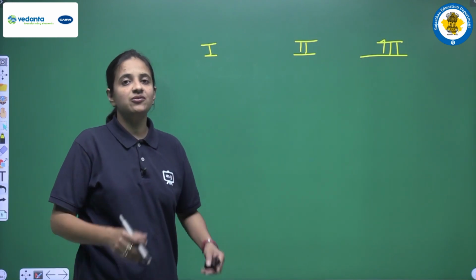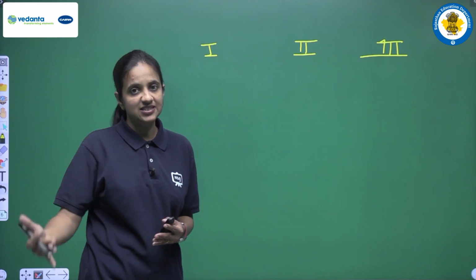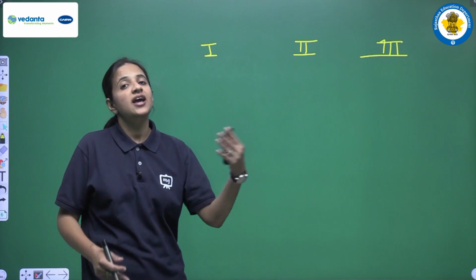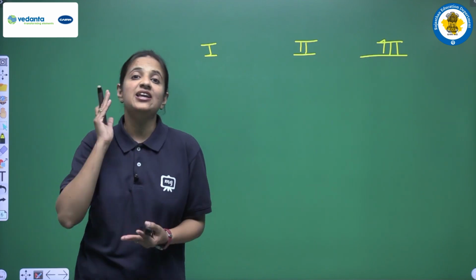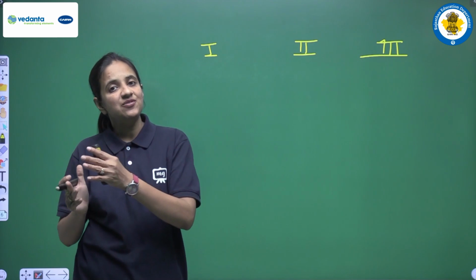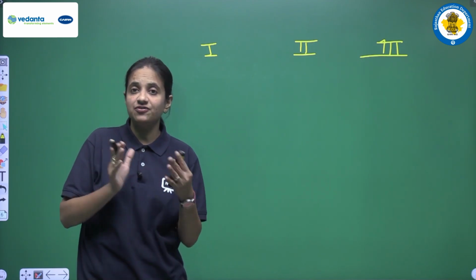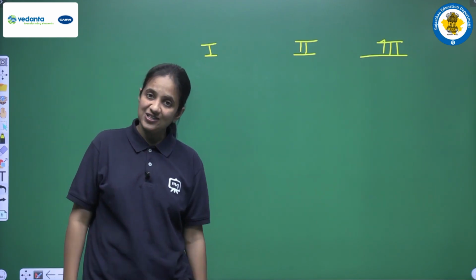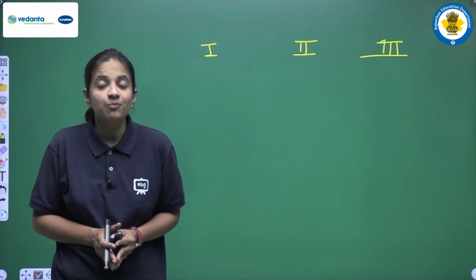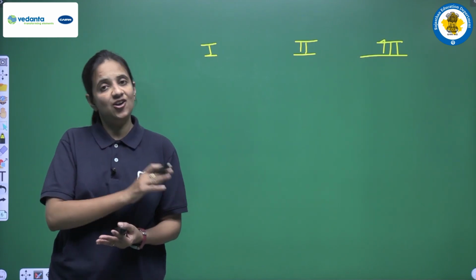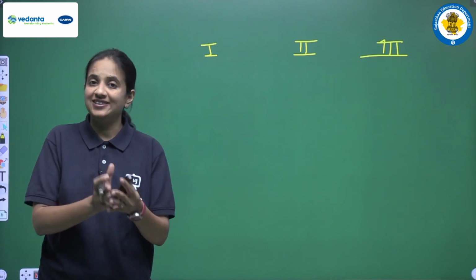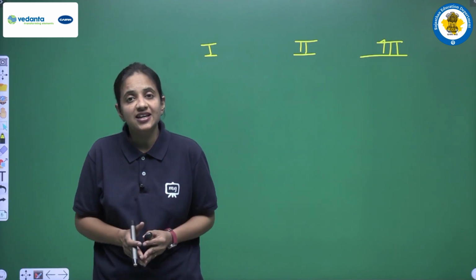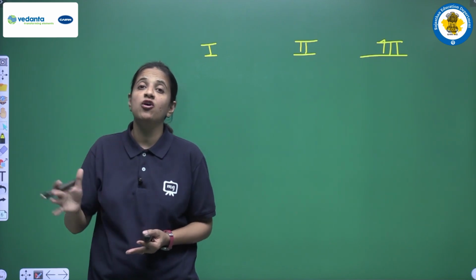And right now we have done three tenses. The first one was present simple tense, and in that tense we have seen that we have to use first form. Okay, and if the sentence is a positive sentence and if the subject is a singular subject, then we have to add s or es in the first form. Clear? Then the second tense was present continuous tense, and in that tense also we are using first form, but we have to add ing along with the first form. Clear? And the third tense that we are reading right now, that is present perfect tense, and in this tense always we use third form of the verb.